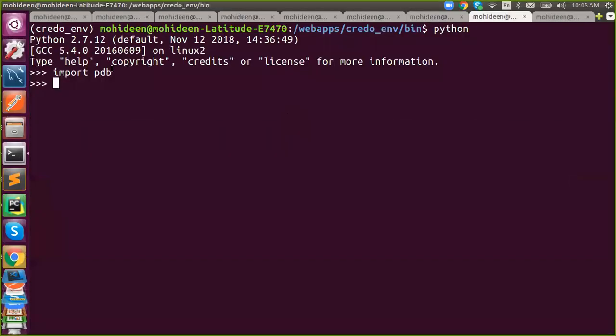It is predefined. I just say import, and what is this? Any idea? Import, you all know, is a reserved keyword. And what is PDB? It's a Python module. It is pre-installed, we don't need to worry about it. And what is the usage of PDB? It's a Python debugger, that's it. It helps you to debug your code. Once you import it, just say pdb.run. This will give you the report about your Python code. It will actually execute your module, and you need to pass it inside.